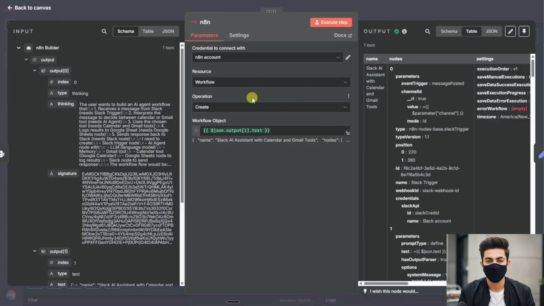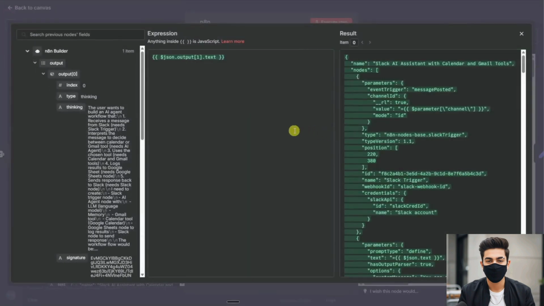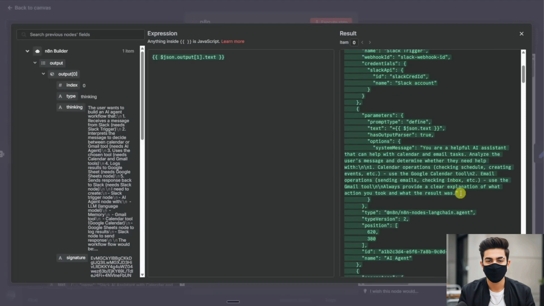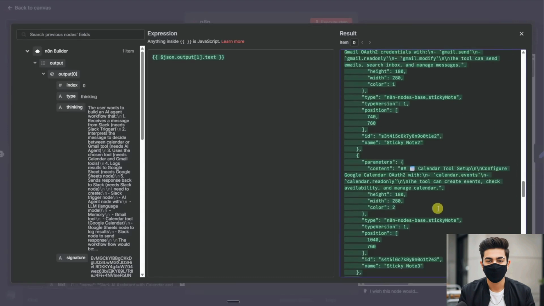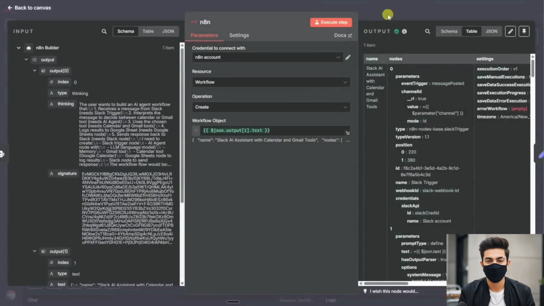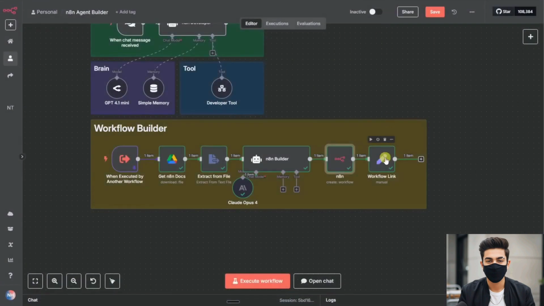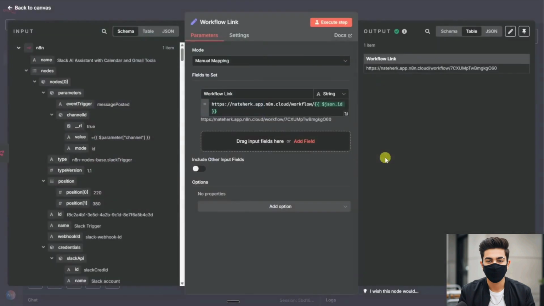So now this node is able to create a workflow in my n8n instance based on this JSON that we give it. And as you can see, we're giving it the output from that n8n builder agent. And this is exactly what it looks like. So it has the name of the workflow. It has the different nodes that we want in the workflow. Here's where it gave the AI agent a system message already. So it's super cool that the AI agent's able to give us this, and it just basically creates that workflow for us. And then the last thing I'm doing is I manually put in my URL of my cloud account,